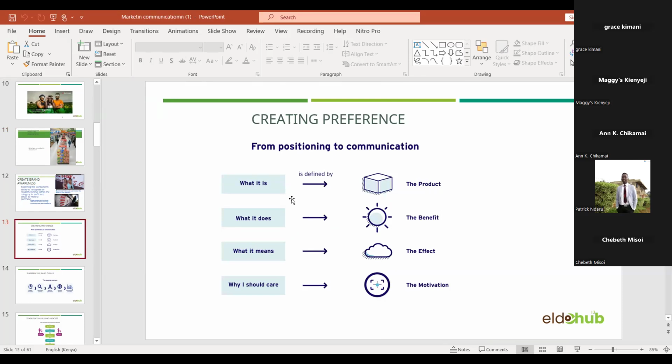Okay, moving on to creating preferences. When you talk about creating preferences, this is basically how consumers actively choose your brand over others due to some positive association, or experiences and loyalty that one has with your company or your brand. This is a critical step forward towards long-term customer retention and also repeat purchases.